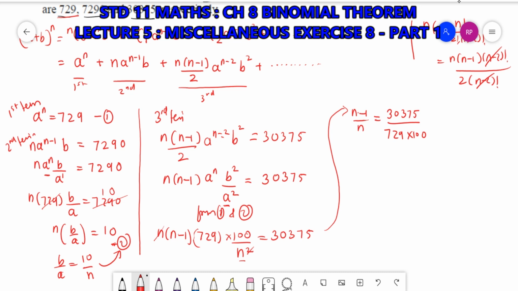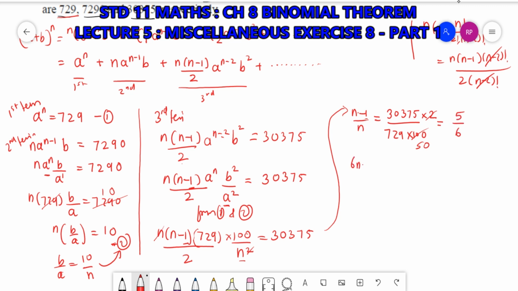There was a mistake here. We converted to n minus 1, not n minus 2. Also, there is a divide by 2 here, so it will be upon 2 upon 2, so this will be into 2. Clear? Now when we reduce this fraction, the ones are, the fifties are, the tens are, finally we will get 5 by 6.